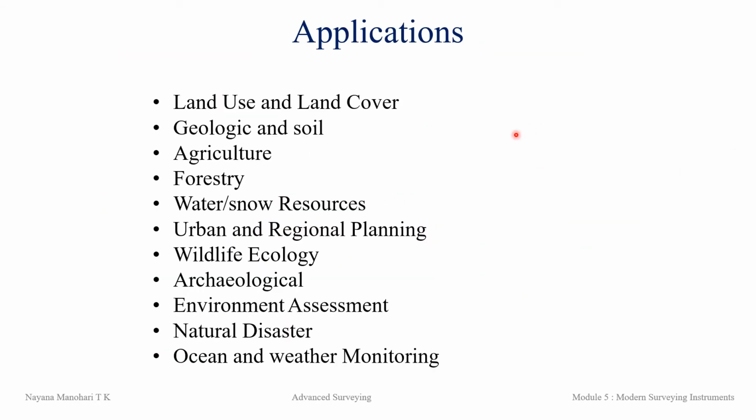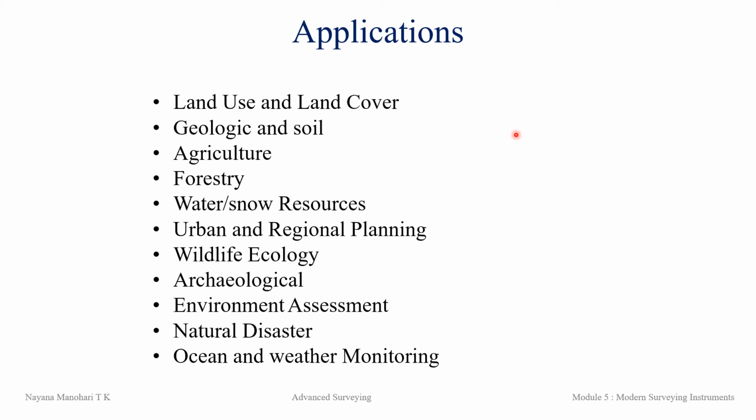Next are the applications of remote sensing, the last part. Various applications of remote sensing. First one is land use and land cover. Remote sensing offers a practical means for accurate and continuous monitoring of the Earth's natural and other resources. The data obtained from the remote sensor provide information which is necessary for making decisions and formulating policy regarding land use as well as resource development.